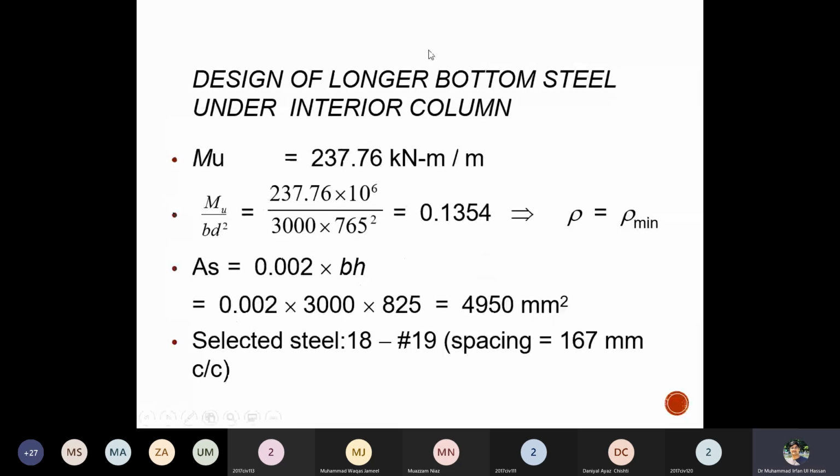Then is the positive moment. We pick the positive moment under the interior column, and the positive moment steel is even lesser than the minimum steel. As I told you, the positive moment is very small if the overhang is very small. So here the overhang was not too lengthy, so the positive moment is very small and minimum bars are needed. It means that under the column we need 18 number 19 bars, which is obtained from the minimum